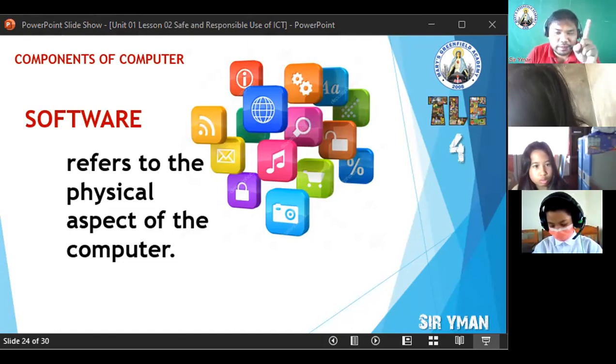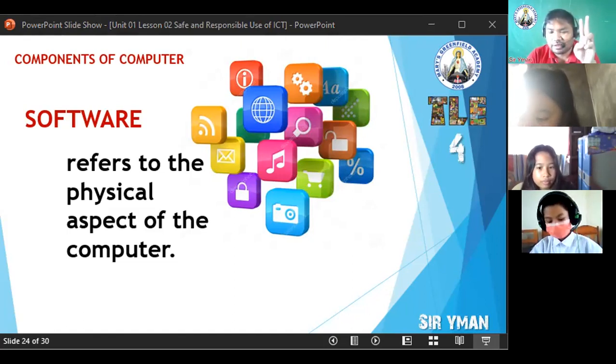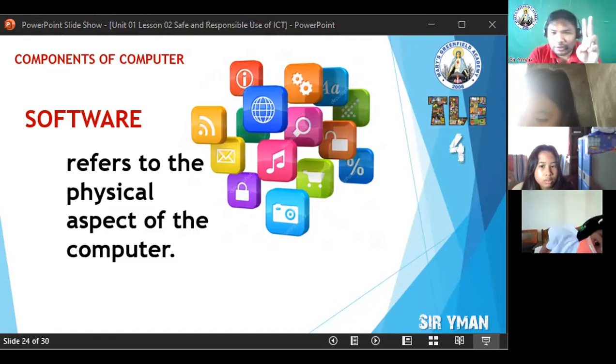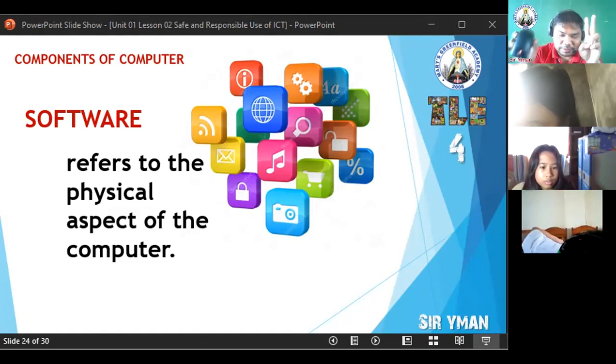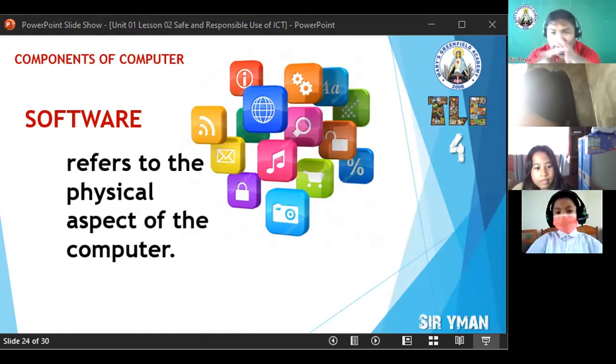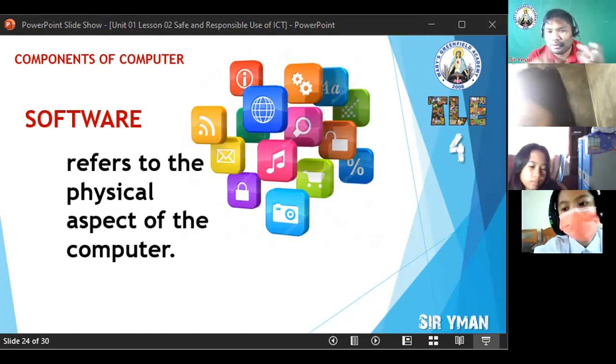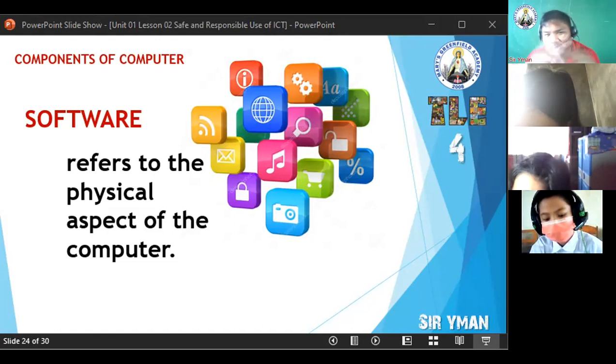First is the peopleware. Tayo yon, yung mga gumagamit ng computers. Next ay hardware. Hardware are the physical aspect of the computer. So these are the parts of the computer that can be touched. So ito nga, mouse, keyboard, yung ating webcams, CD, DVD drive, hard disk, motherboard, CPU, RAM, power supply unit. Those are the examples of